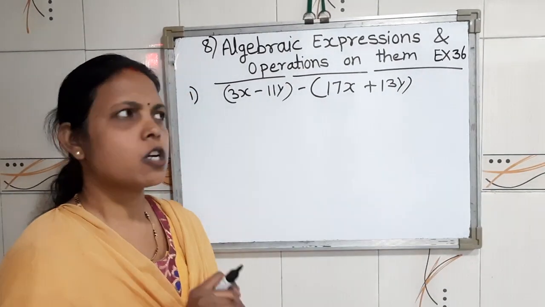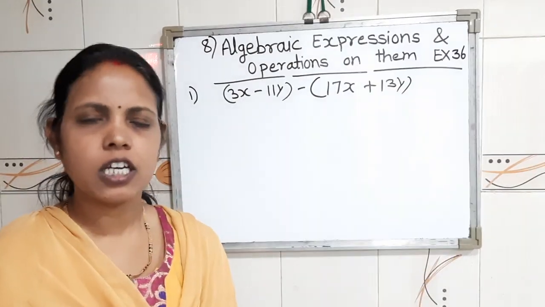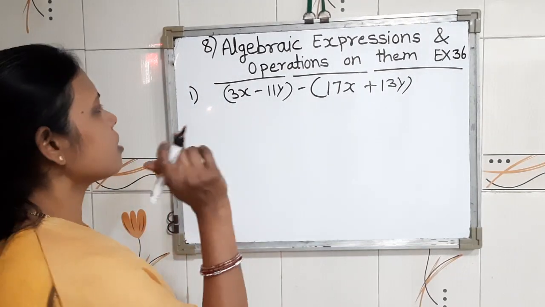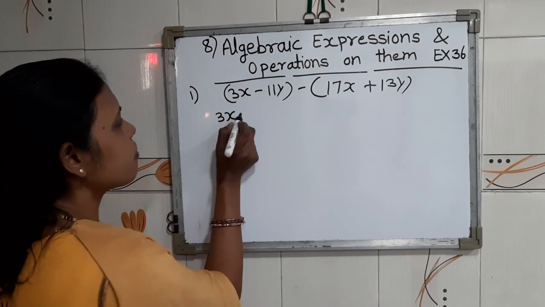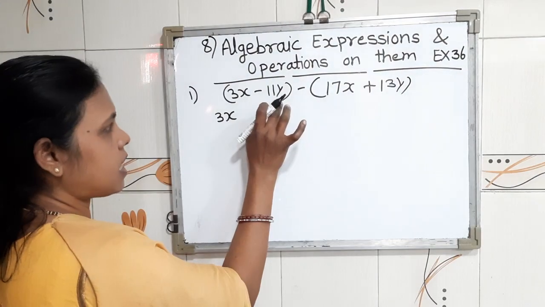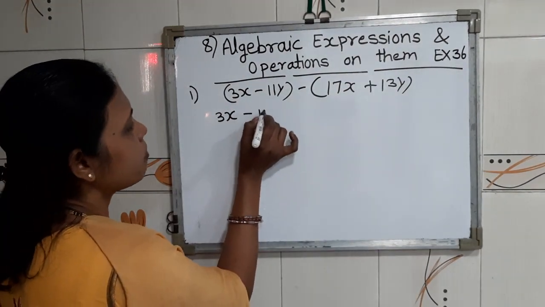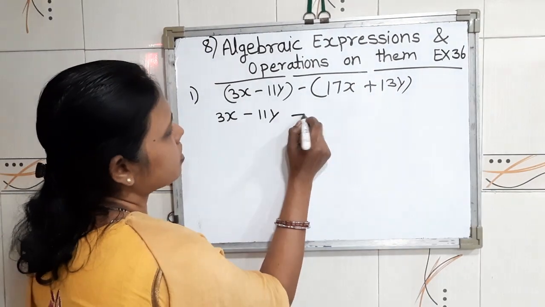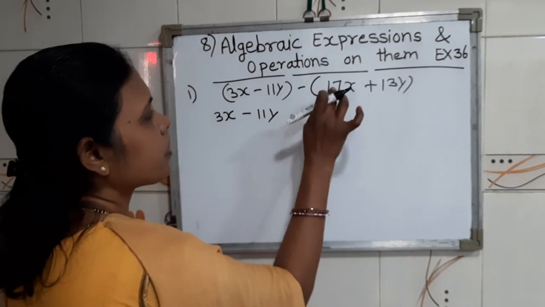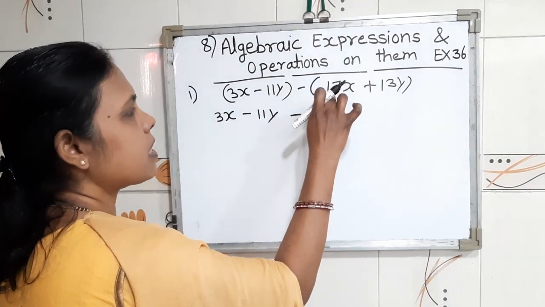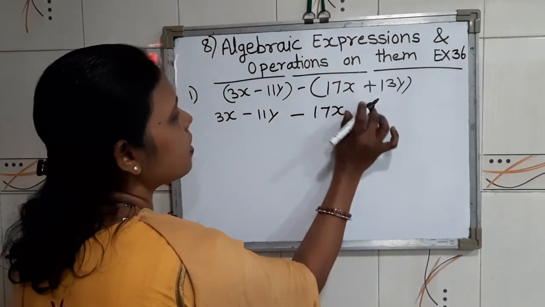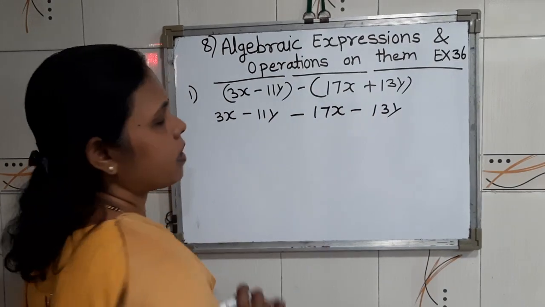After solving, we will see 4 options are given in our textbook. Which one is our right answer? First of all, we will solve the sum. Here 3x, as we are solving in our subtraction. Therefore, before the subtraction sign, all the numbers will be as it is. But after the subtraction sign, in the brackets, all numbers' signs will change. For example, 17 is carrying a plus sign, then minus into plus becomes minus. Then minus into plus minus and 13y.